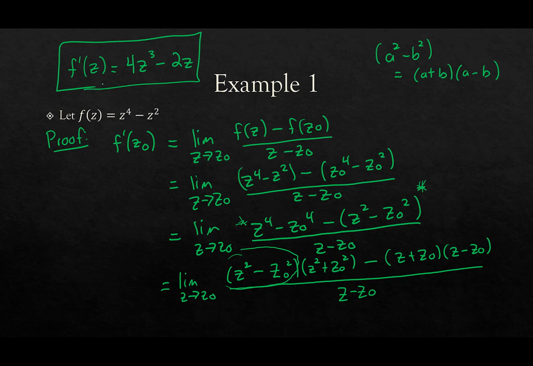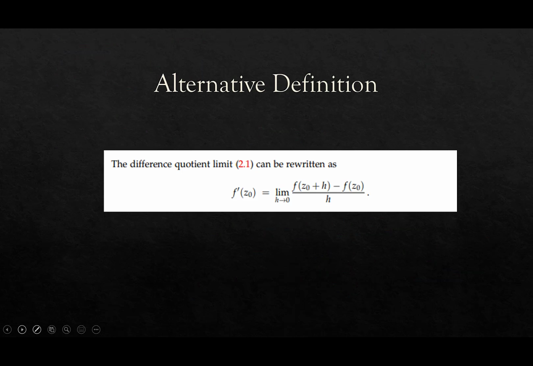our calculus knowledge. Okay, so like we had back in calculus, we could also define the derivative at a point in terms of the difference quotient. So an alternate definition for the derivative is f prime of z naught is equal to the limit as h approaches 0 of f of z naught plus h minus f of z naught all over h. The way we get that is similar to how we would get it in calculus, but again, this is the limit of the difference quotient.